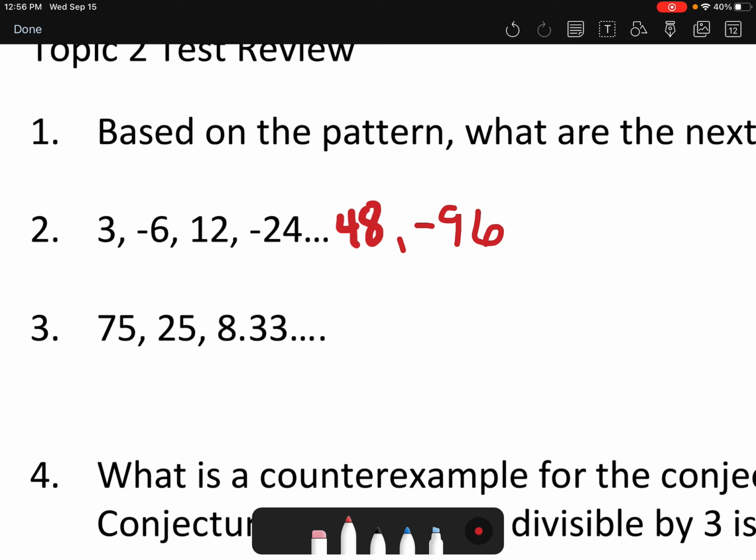On number 3, the numbers are actually getting a little bit smaller. So we're not going to be multiplying times something, we're going to be dividing by something every time. And when I look at that, we go 75 to 25. Well, that's dividing by 3. 25 to 8 1/3, that's dividing by 3 again. And so when we divide that 8 1/3 by 3,